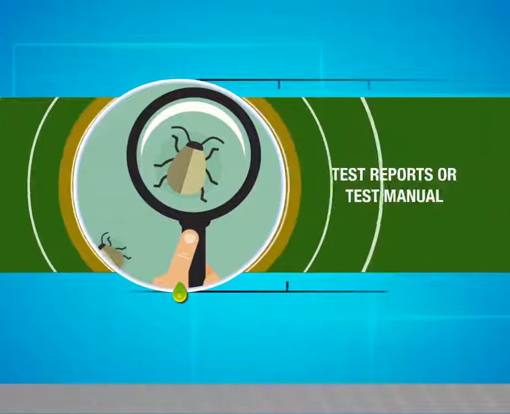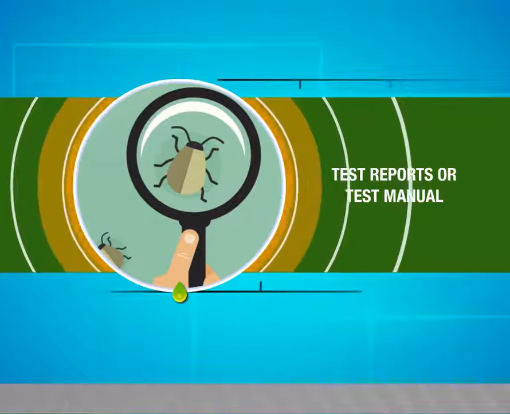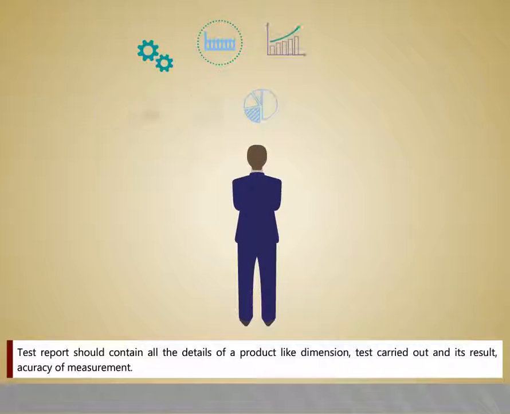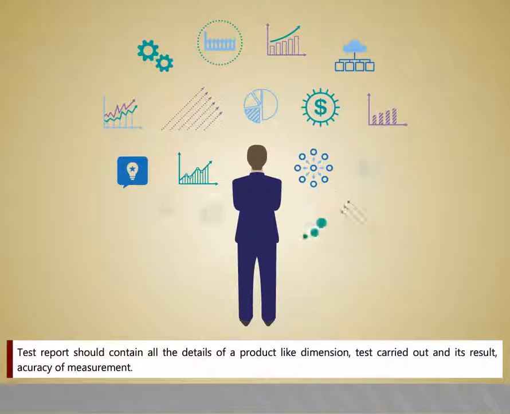Test reports or test manual. In this video, we are going to see about test reports or test manual. A test report should contain all the details of a product like dimension, test carried out and its result, accuracy of measurement. It consists of the following information: